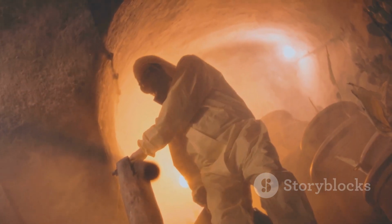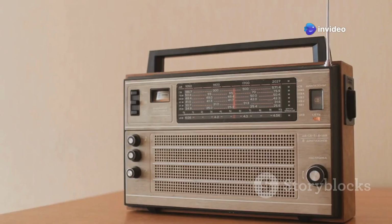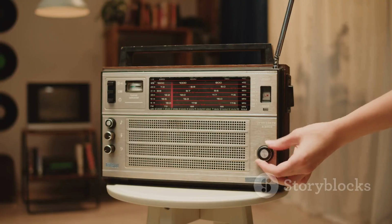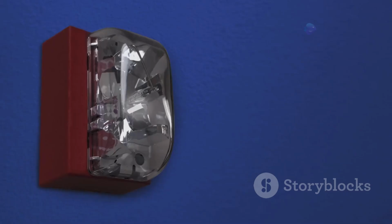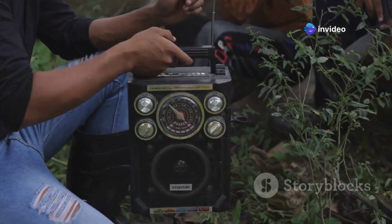We've got our devices powered up, we can see where we're going, but how do we stay informed about what's happening outside our little bubble? That's where a good old-fashioned radio comes in. Having a battery-powered, or, even better, a hand-crank radio, is essential for receiving crucial news updates, weather reports, and those all-important emergency instructions. You never know when a storm might knock out cell towers, so having a backup communication method